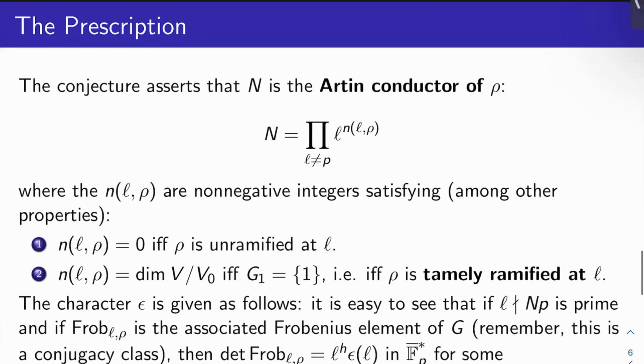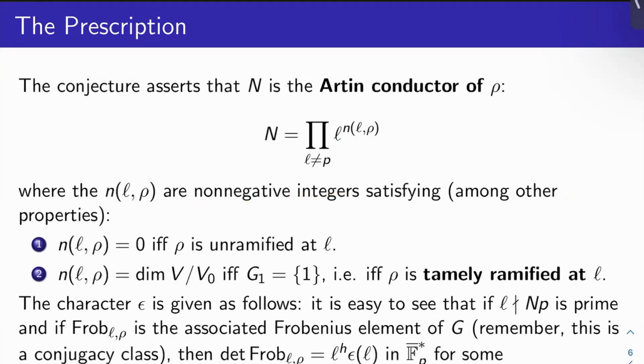The conjecture asserts that the level n that should show up in the modularity condition is what we call the Artin conductor of rho. So finally, I'm defining the conductor of a representation here after who knows how long. So what is that conductor? It's the product over primes L that aren't p of L to what we call the exponent of the conductor at L, n_L(rho). I won't give a precise definition for n_L(rho), but I'll give you some enlightening properties of it right now. First of all, n_L(rho) is always a non-negative integer, and it satisfies two key properties,